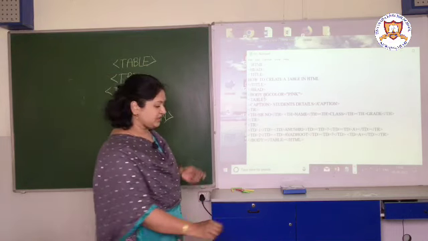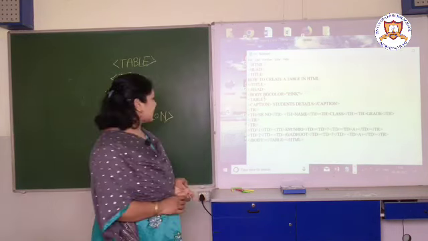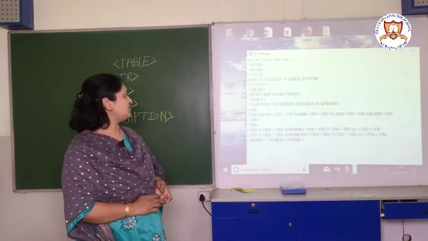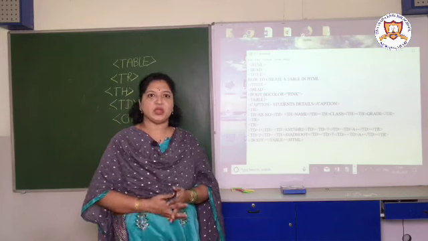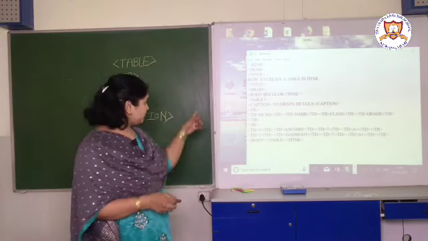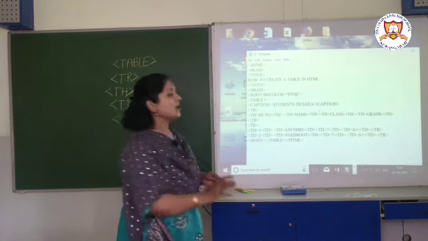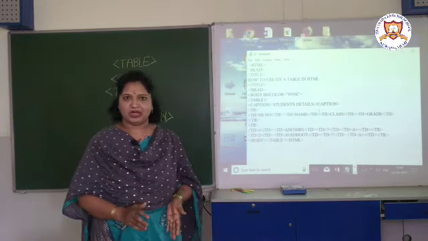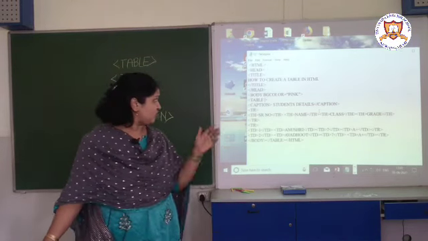Okay children, so here body BG color equal to pink. Then table I have written here. Table is the first tag. Now here caption is given, student details. Student details is the caption name given to the table. So it is the heading, or title given to our table. Actually, why is it used?